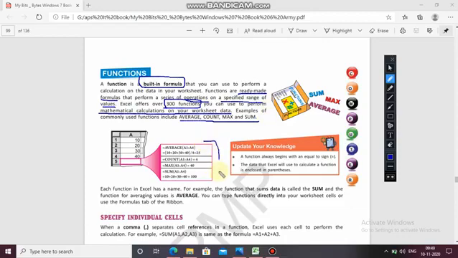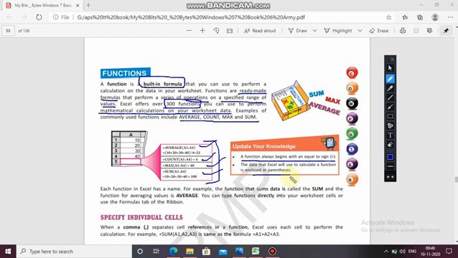So here see it is given: average, count, max, sum. A function always begins with an equal sign. The data that Excel will use to calculate a function is enclosed in parentheses. Okay, so remember this. If you are using an equals to sign in the beginning, you also have to use the parenthesis. In that you will write your formula.